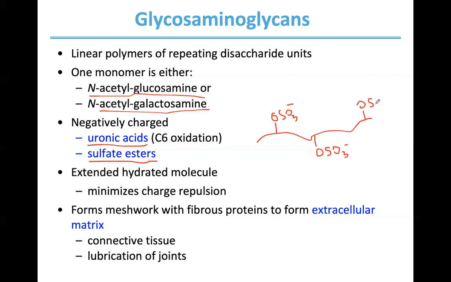So lots of negative charges. And what that means is that these will be hydrated. The molecules of water will sit in between these negative charges